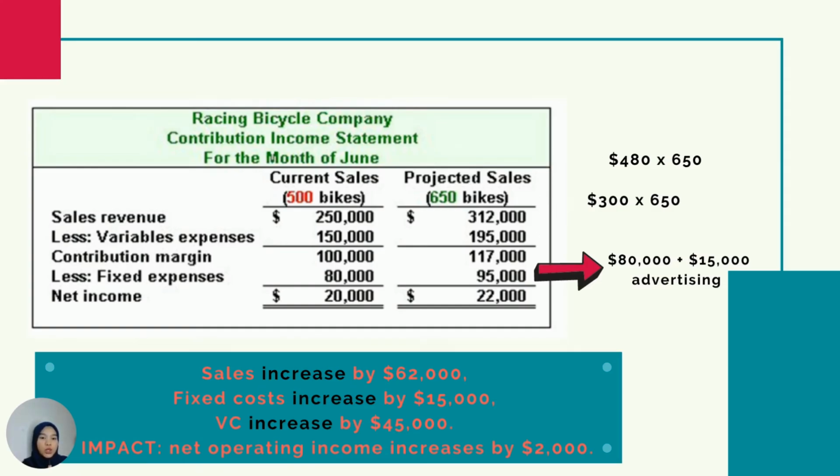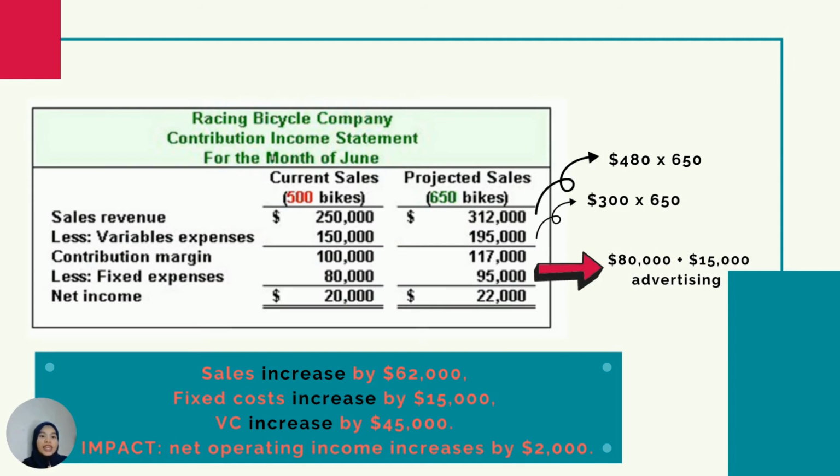So the new sales revenue will be $418, as we reduce it by 20. So $418 multiplied by 615 units, we get $312,000. That's the variable expense. 300 multiplied by 650, we get $195,000. So the new contribution margin is